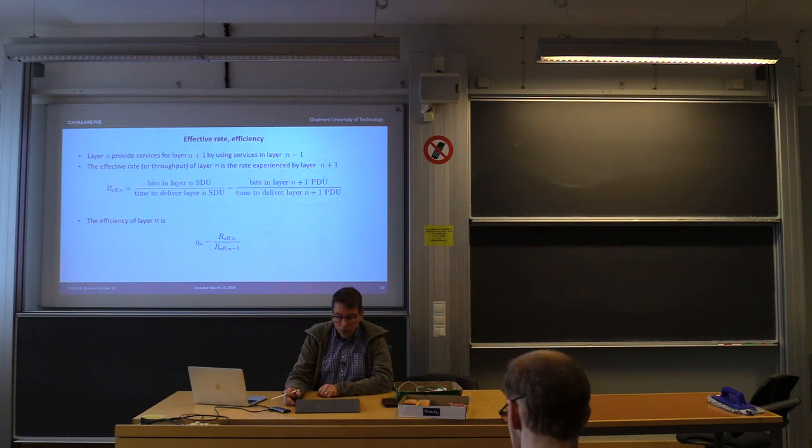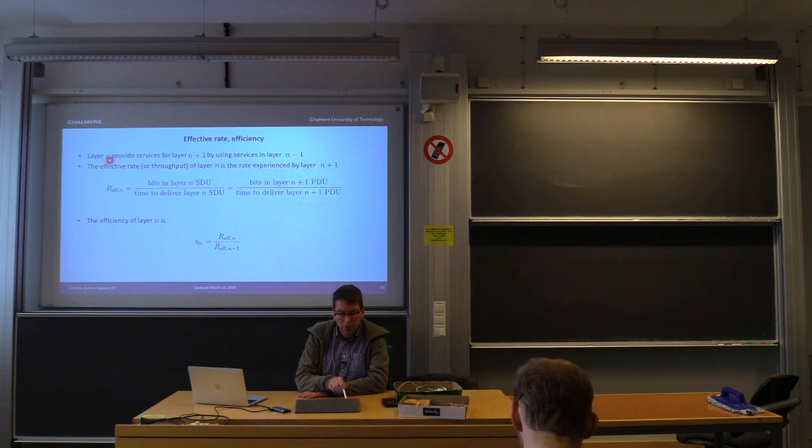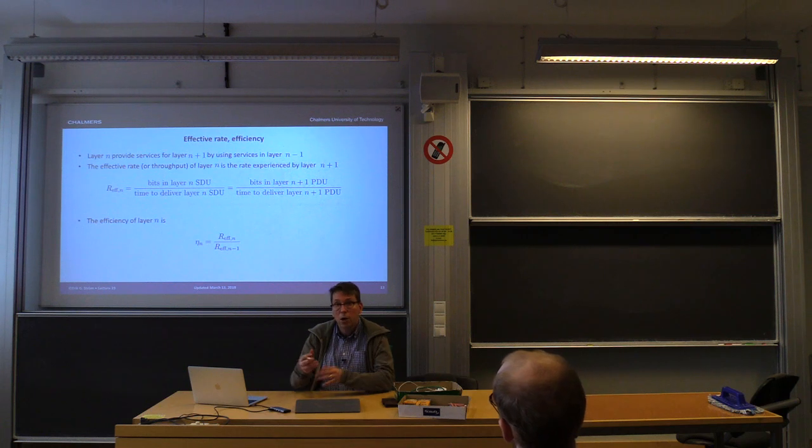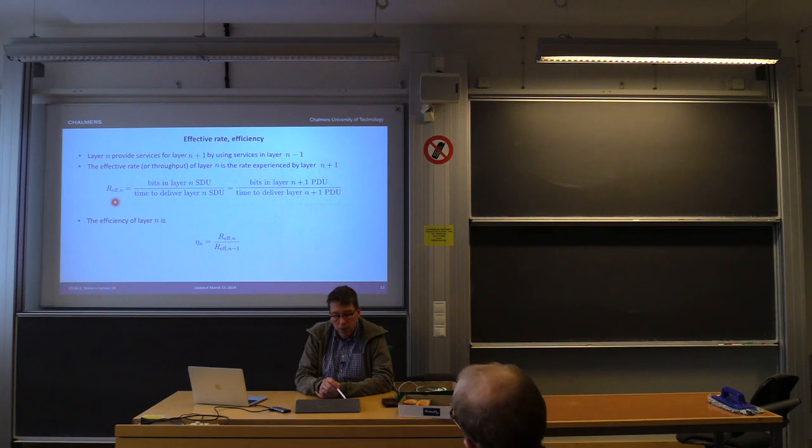Okay, now a little bit about the efficiency of layers. We'll get back to this a little later also, but the prime idea is that the rationale for a layer, the only purpose of a layer, is to provide a service. It provides a service for the layer above it, and it does that by using the services of the layer below it. So that's the principle. Then one can think about how efficiently we implement this service. One can measure that in different ways, but the way we do it in this course is to look at the effective rate,